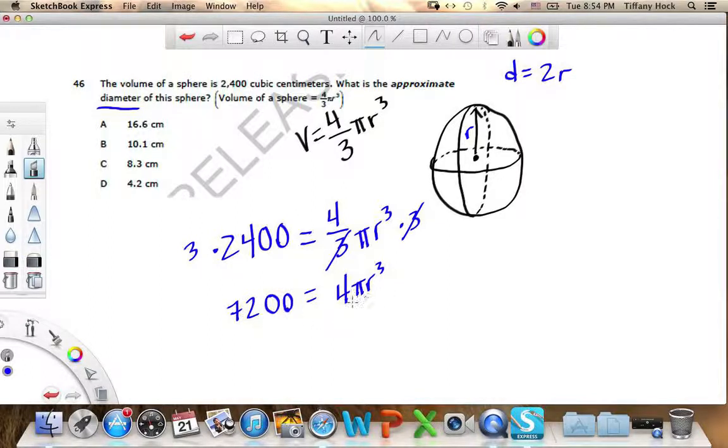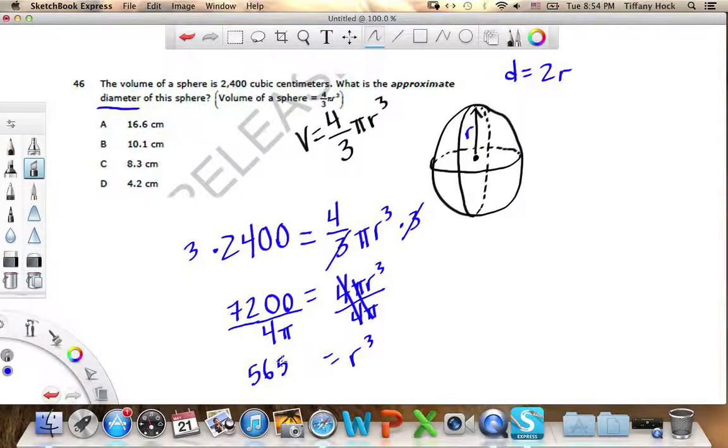Now I'm going to go back and divide everything by 4 pi. Since we have 4 pi over here with the r cubed, if I divide both sides by 4 pi, these cancel each other out, and I'll be left with r cubed, the radius cubed. Now, 7,200 divided by 4 pi. If I type that in my calculator, divided by 4 pi, and I'm going to use the actual pi button. If you hit second on your calculator and the exponent button, that gives you the pi symbol. And this ends up being about